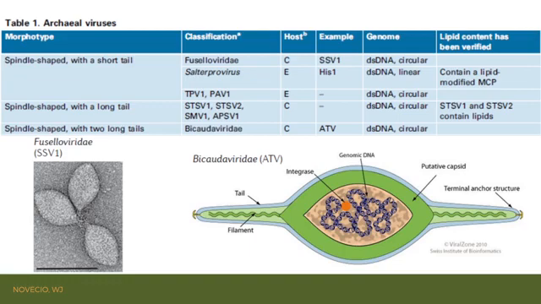The family Fuselloviridae is the biggest group of spindle-shaped viruses and includes Crenarchaeal viruses with a short tail. The members of the Fuselloviridae family have small lemon-shaped virions decorated with terminal fibers at one of the two pointed ends. The type species is Sulfolobus spindle-shaped virus 1, or SSV1, and the virion is rather flexible, although the presence of a lipid membrane is unclear.